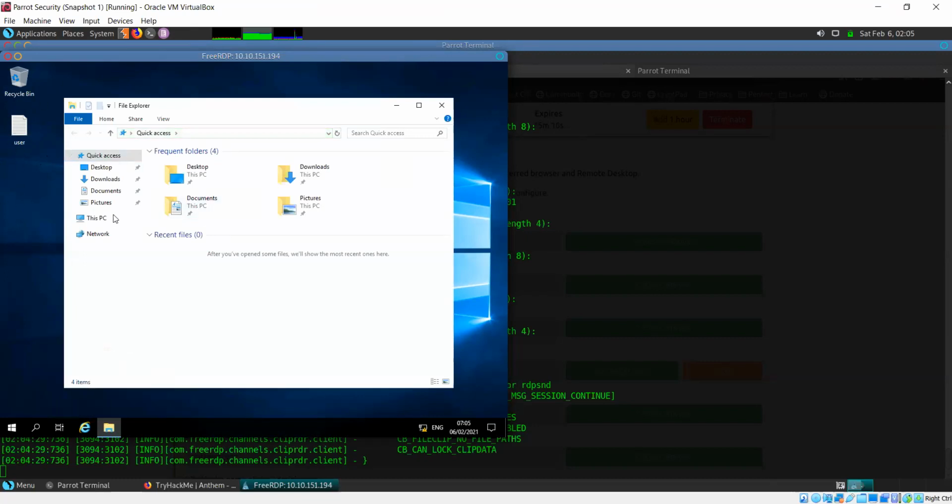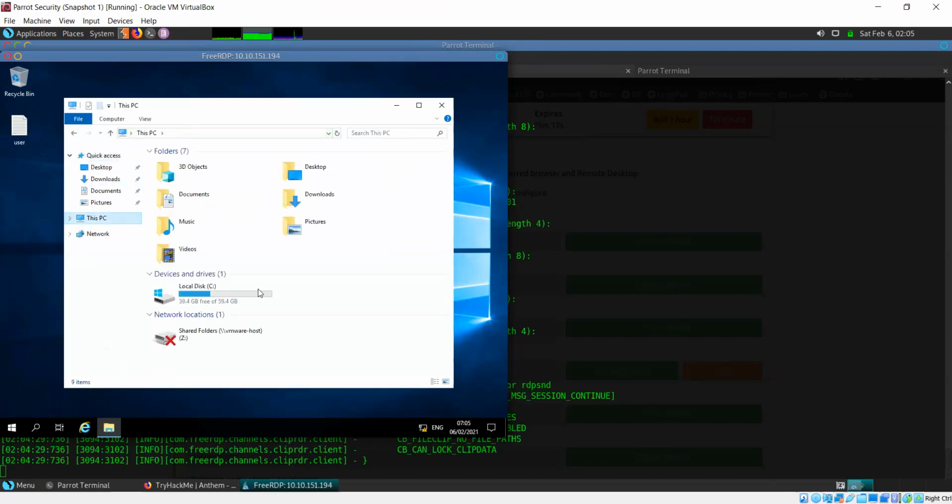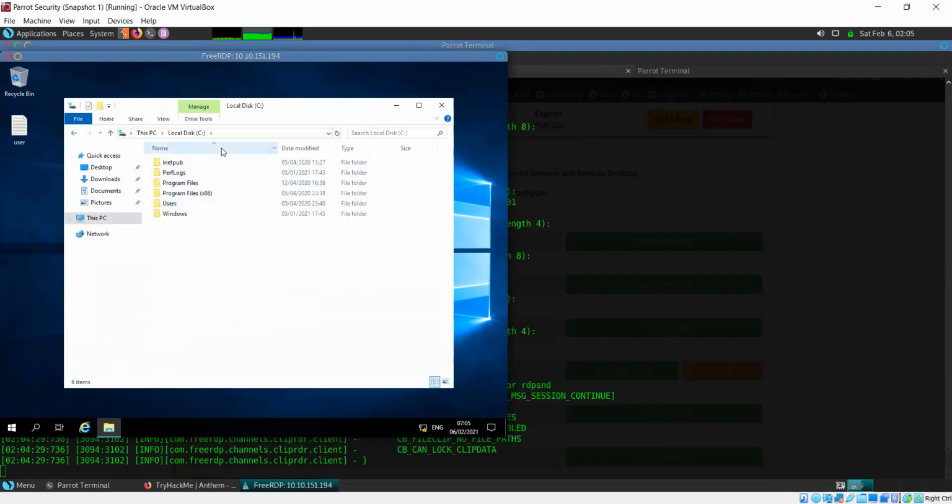There's nothing on the desktop, so I'm moving on to File Explorer. Let's see what we find. Okay, there's just one drive. All right. Now, where should we look? These are the common files.